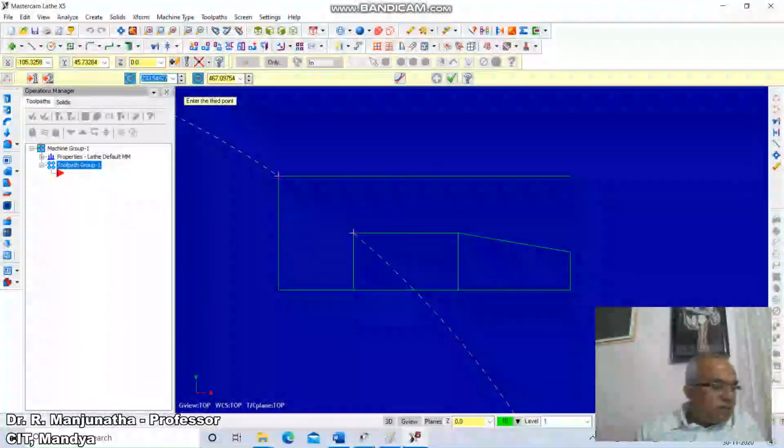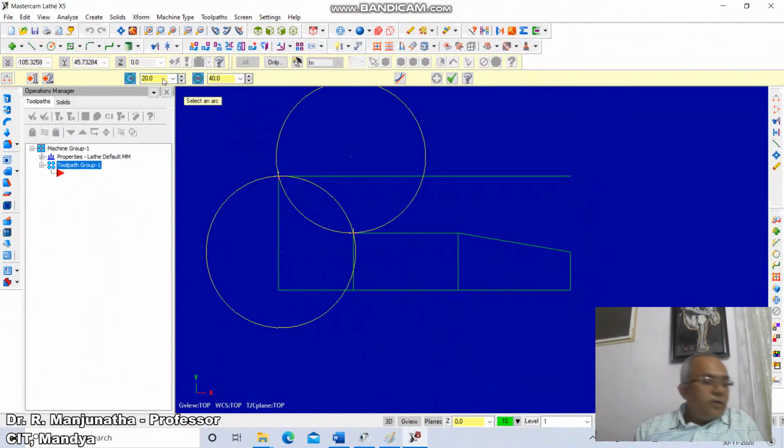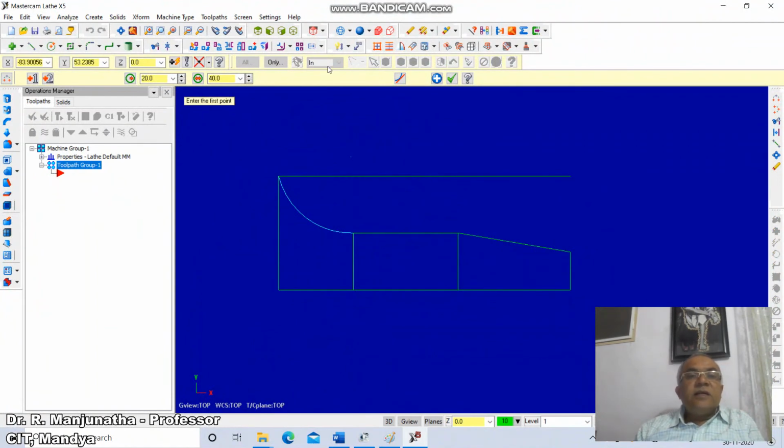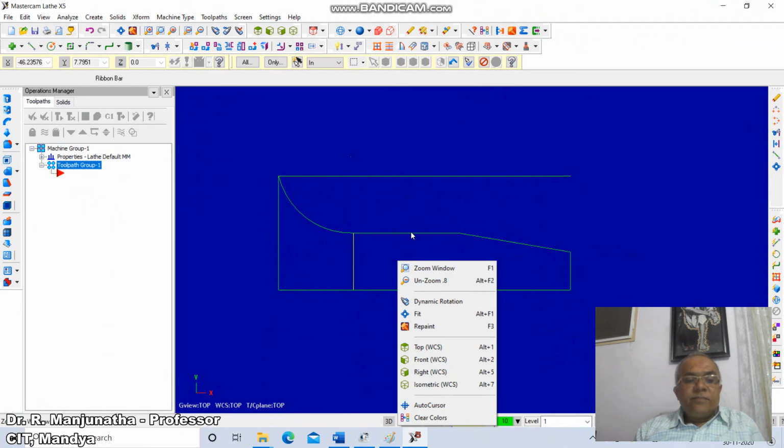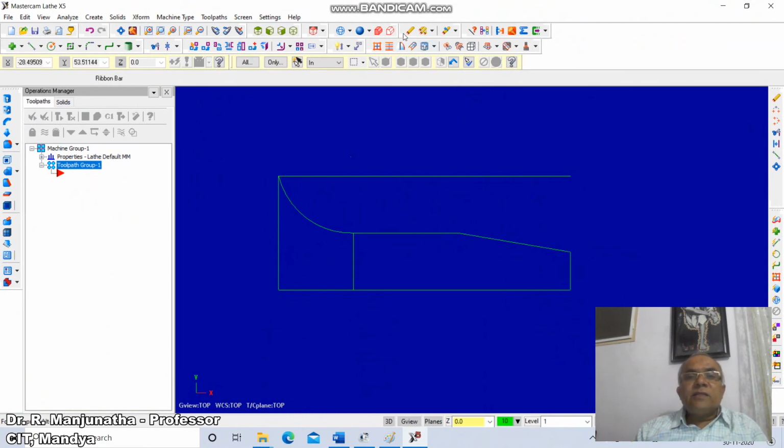The radius is 20. Select an arc: which side do you want to retain? I want to retain the arc on this side. Automatically the other arc will be deleted. Select this line and delete it, and select this line and delete it.